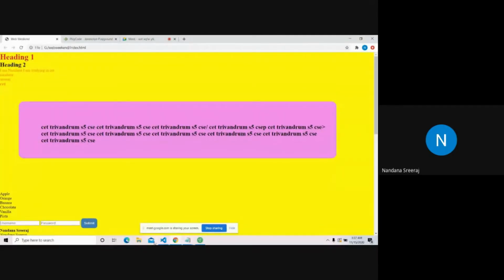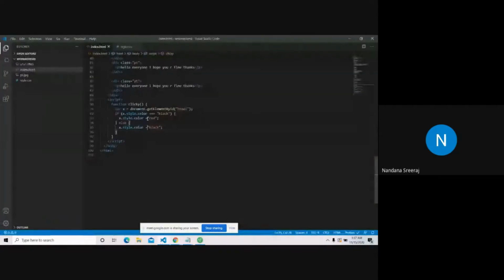So what did I do? I just used triple equal to here too. I didn't assign that. I just made a small mistake. I just used triple equal to here. Like it's assigned, it's not. I didn't assign actually. So yeah, now it's working properly.